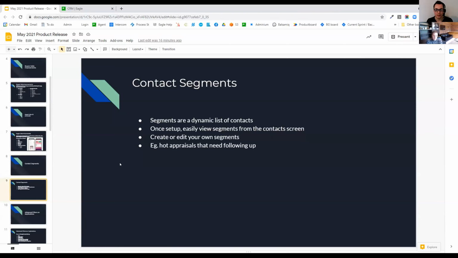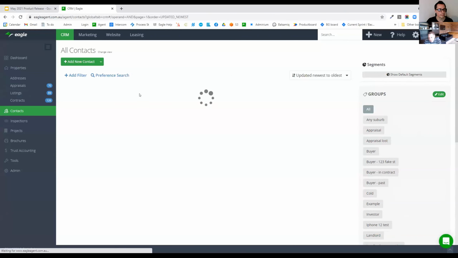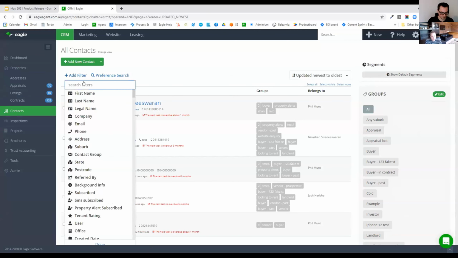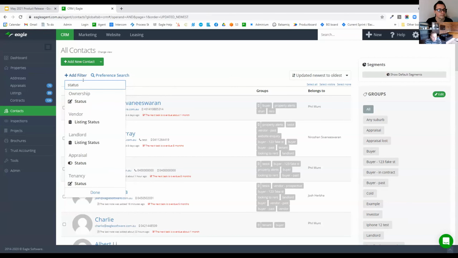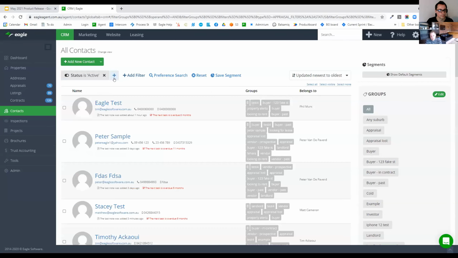So you set the filter criteria using the advanced filters, and it will return you a list that changes over time as activity with that contact changes. So we'll jump over and have a look, and I'll bring up an example here. This is building on a lot of the work we've done over the last 6 months with regards to filters, and this filter composer, which obviously gives you the ability to really drill down and see which contacts